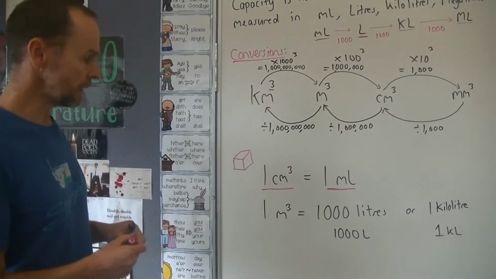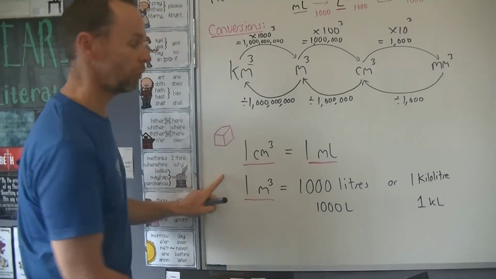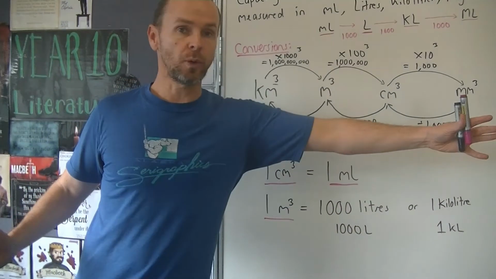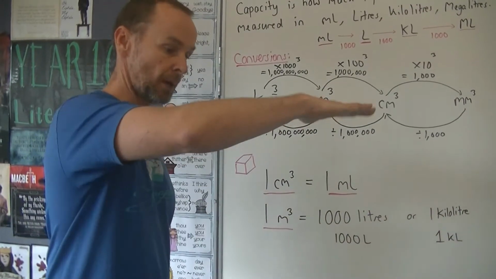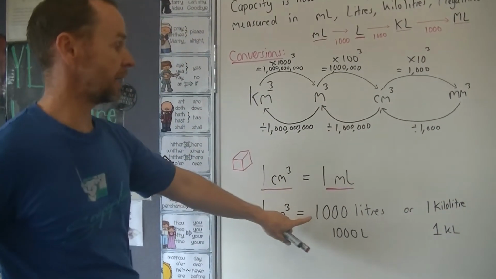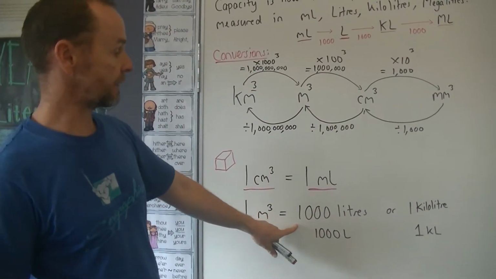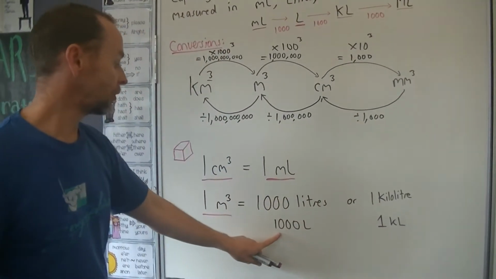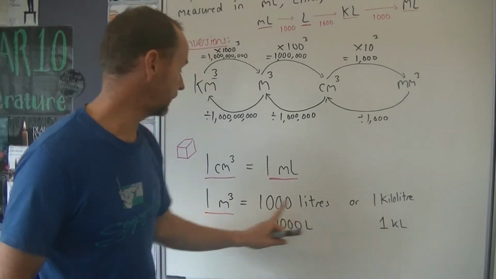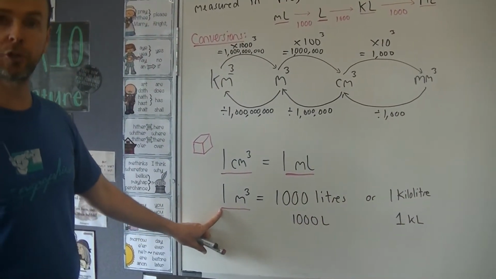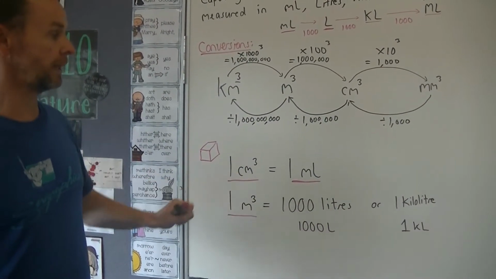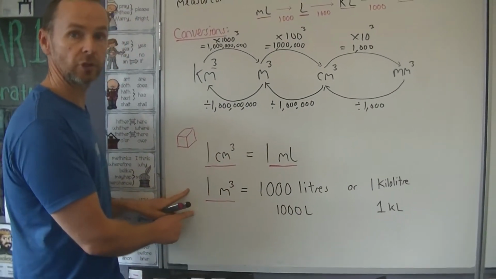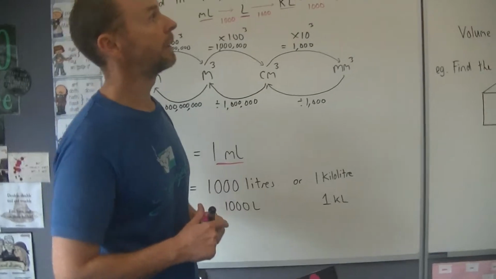Excellent. The second one is 1 metre cubed. 1 metre cubed is like a rainwater tank that they have at the school. It's 1 metre wide by 1 metre long by 1 metre high, and that's actually 1,000 litres. And 1,000 litres is the same as 1 kilolitre. Kilo means 1,000. So 1,000 litres or 1 kilolitre is the same as 1 metre cubed. That's the other conversion you need. So to get from volume to capacity, use either one of these conversions, and you're good. Let's do some